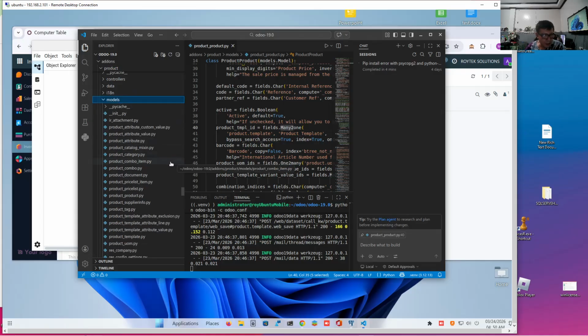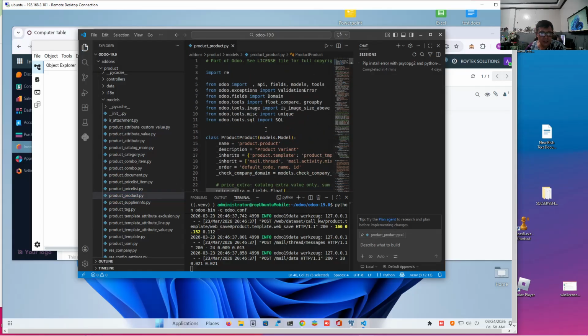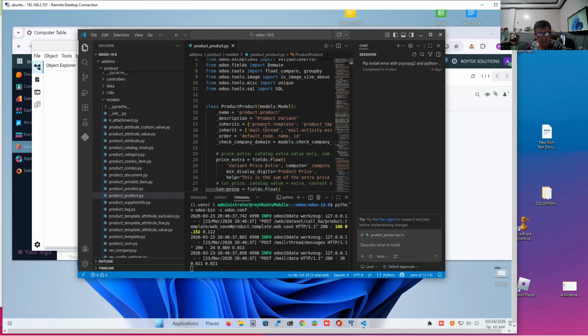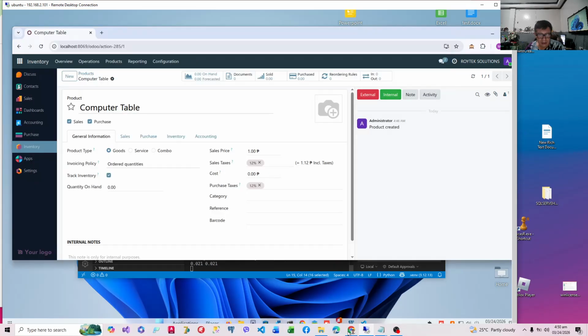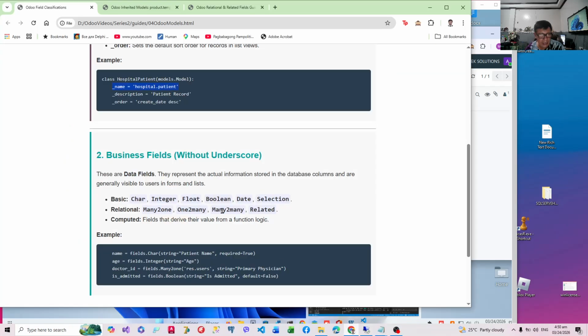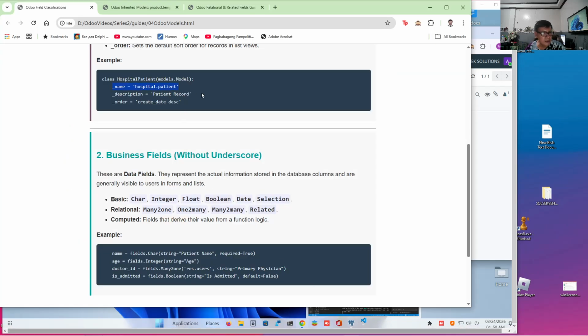The first is product_product. If you look at this, this is the model. The name is product.product, and the corresponding table in SQL is product_product. So that's the significance of the name attribute. Description is just a metadata that will be displayed, and order is the default SQL ORDER BY clause.